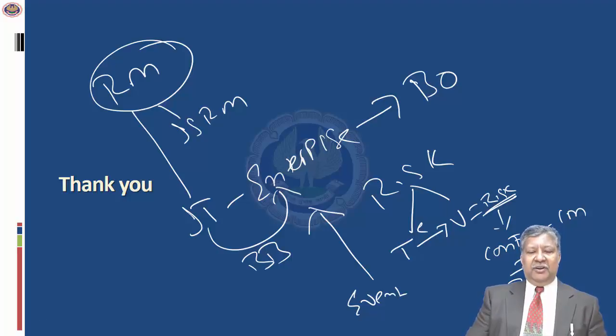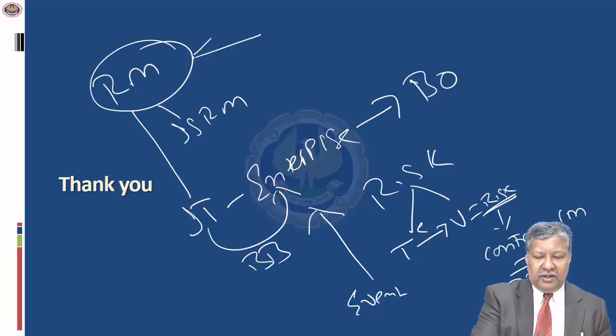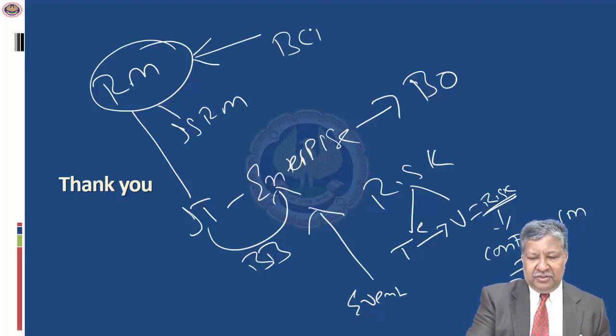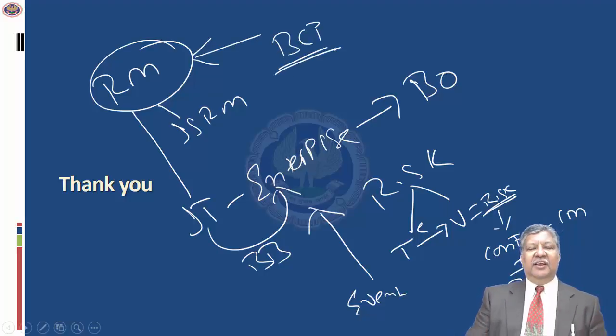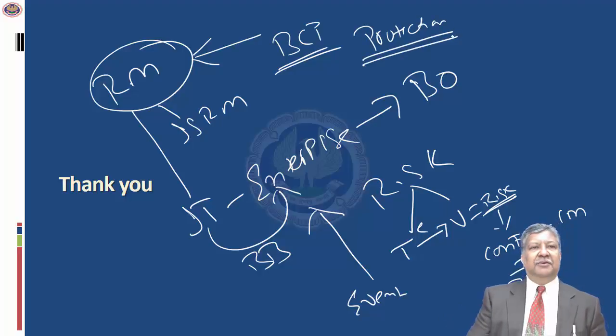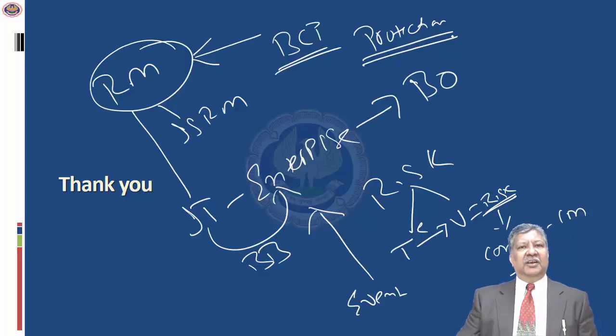This chapter is very important. This concept is also very important because risk management is what you do in BCP also. Because the first step in business continuity planning is to actually do risk management. If you're doing protection of information assets, the first step in protection of information assets is to do a risk management. So in all aspects pertaining to information systems control and audit, you'll have risk management, which is critical.